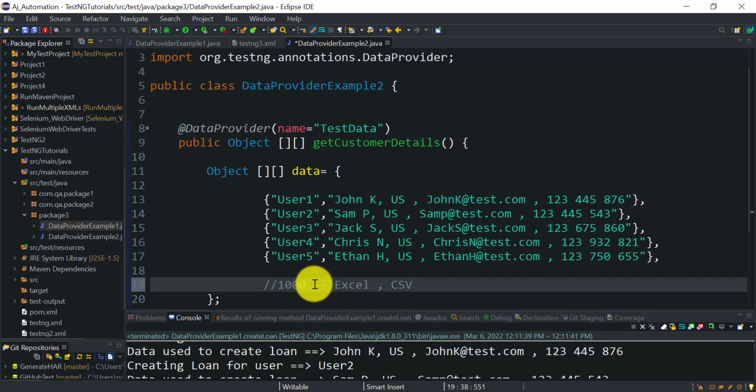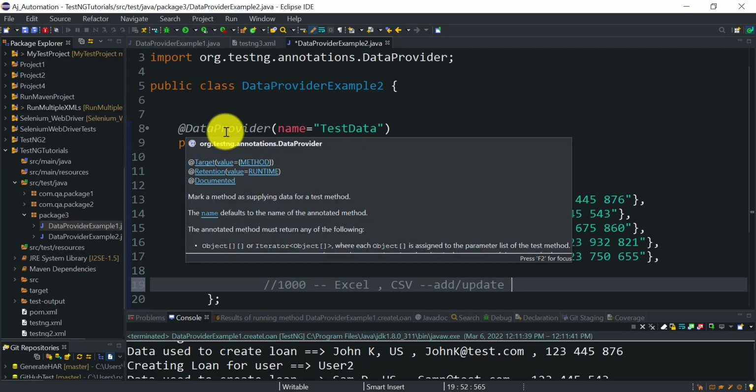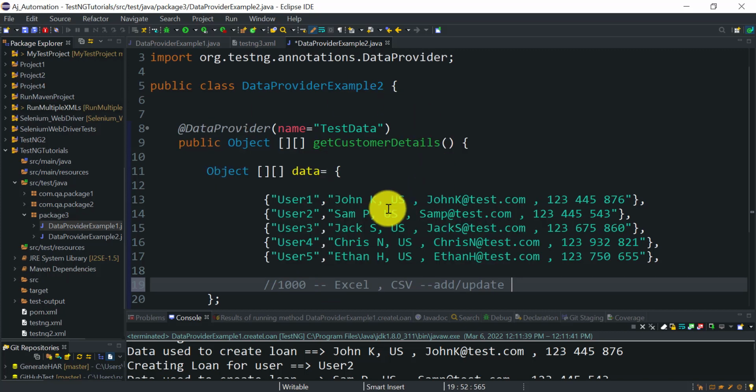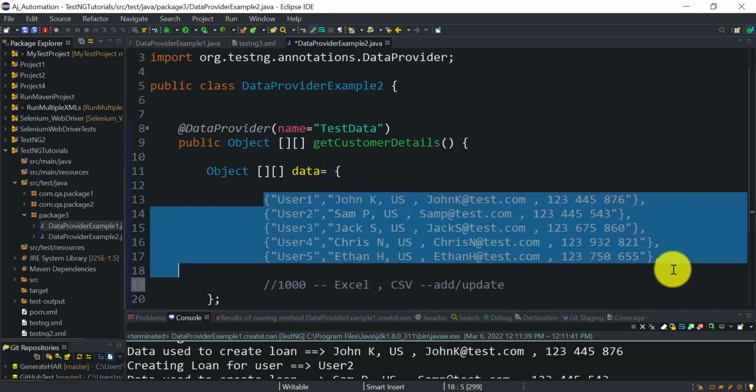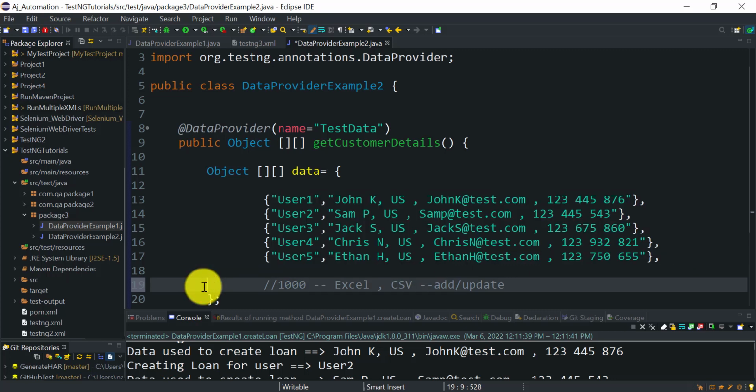Okay, so that approach will be more beneficial, because if I want to add some more details or update any details for any customer, it will be easy to find and easy to update, right? So I don't need to go to my data provider, where it is available, and update all those details. It would be better if you drive your test data from external files by saving it in the